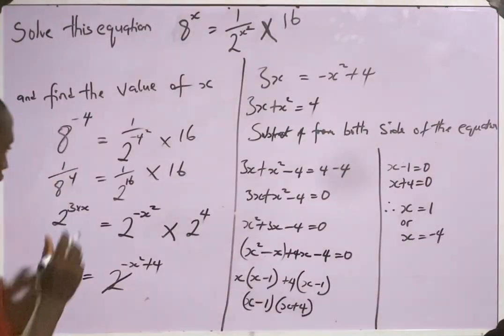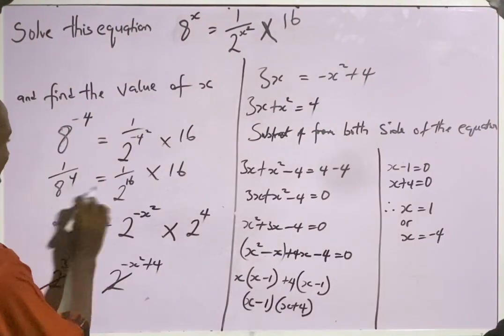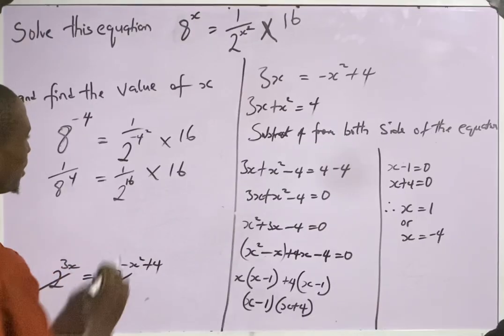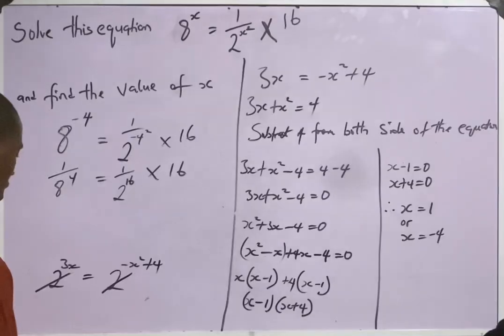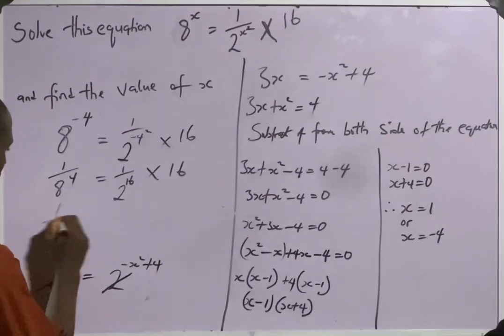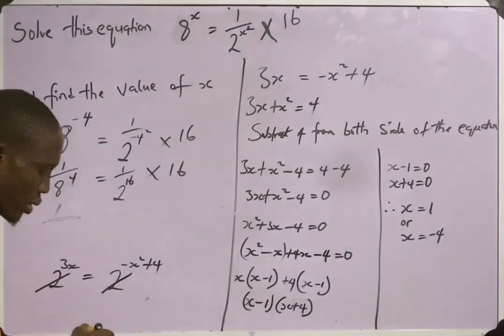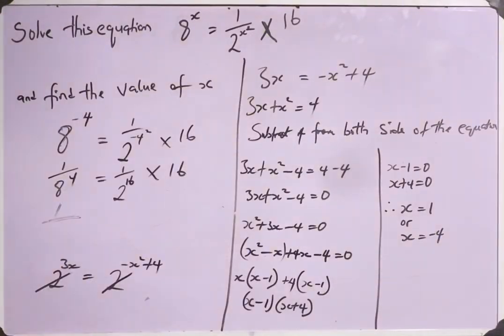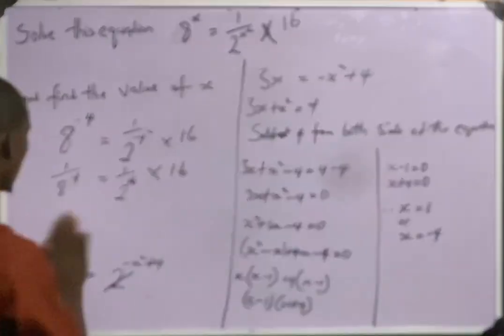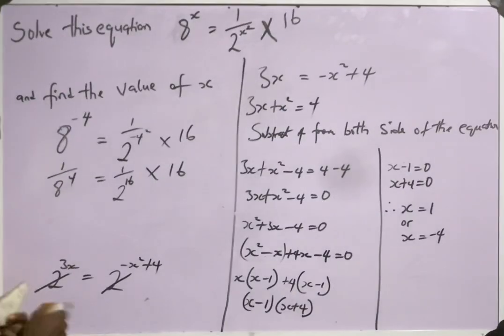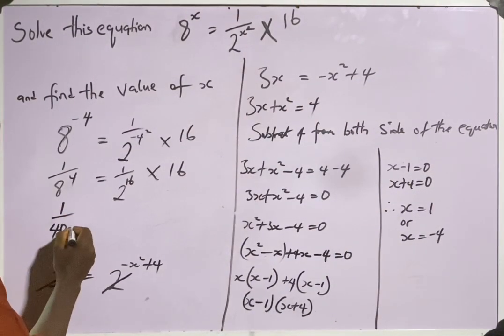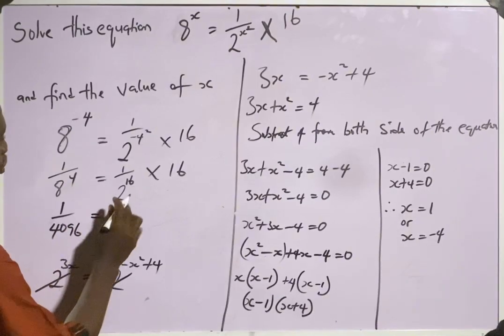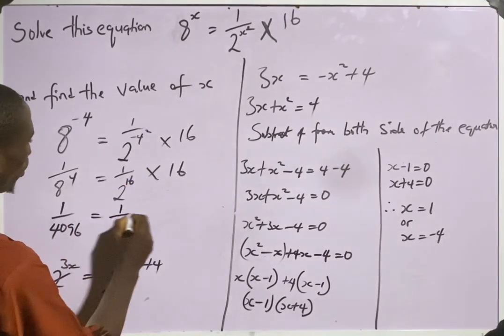Sorry, I went to get my calculator. So okay, this is a bit ambiguous. So this is what we are looking at. This 1 over 8 raised to the power 4. When you punch it in our calculator, 8 raised to the power 4 is 4096, so 1 all over 4096, right? Is equal to 2 raised to the power 16 times 16, which is 1 all over